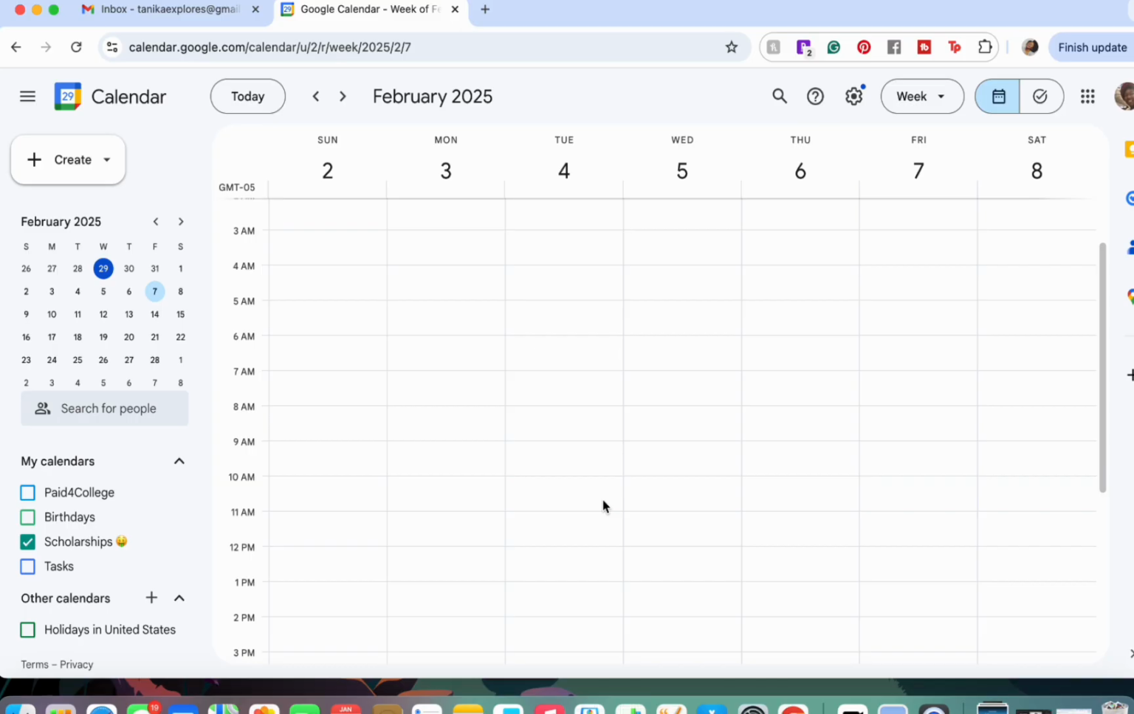Okay, that is all. You have officially created your scholarship calendar. I hope this is helpful for you. We are looking forward to moving into step 2 of this process, where we'll talk all about organizing your scholarship calendar, how to set notifications, and how to make sure that you don't miss